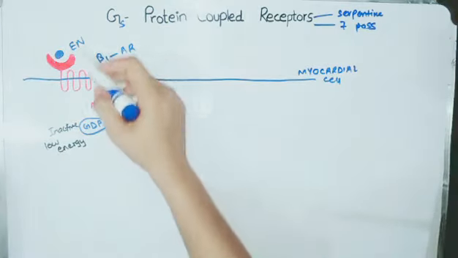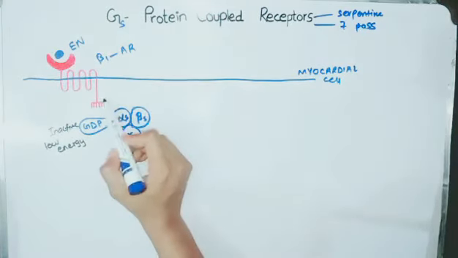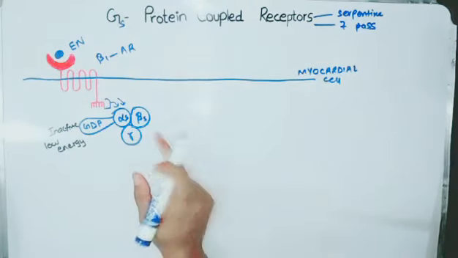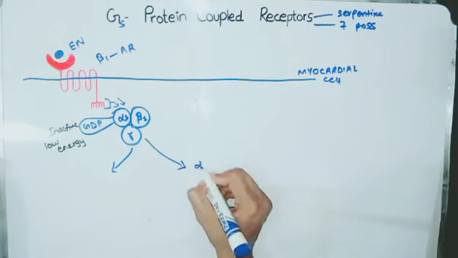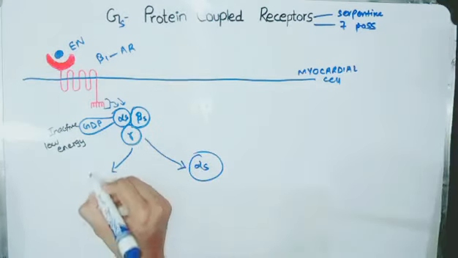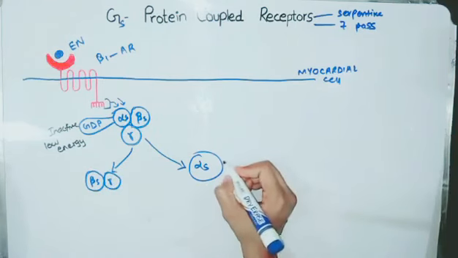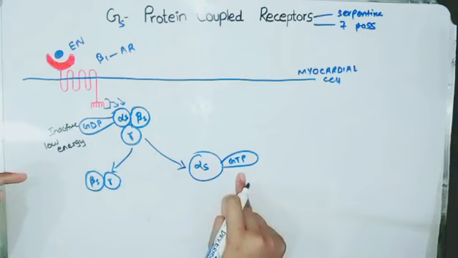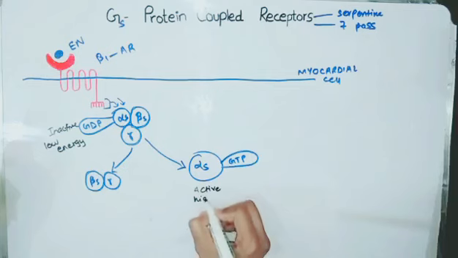Now when this epinephrine binds to the ligand binding domain on the receptor, this basically transmits the signal through its effector domain to this G protein, and now this G protein has got the signal. Now it will become activated, and what will happen here, this stimulatory alpha subunit will detach itself from the beta and gamma units, and now it acquires high energy molecule GTP. It loses GDP here and it acquires GTP. Now it becomes active and it has high energy.